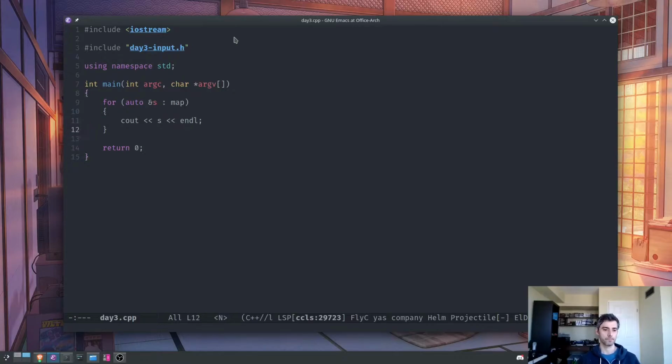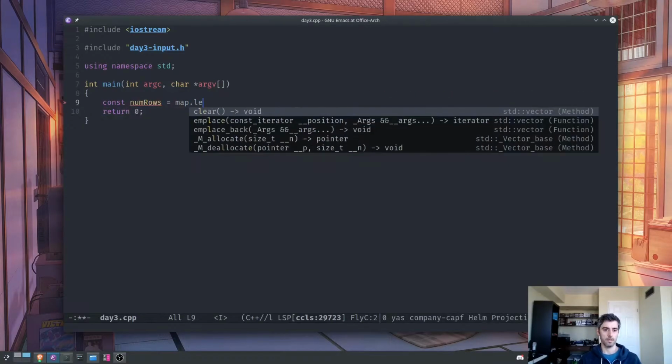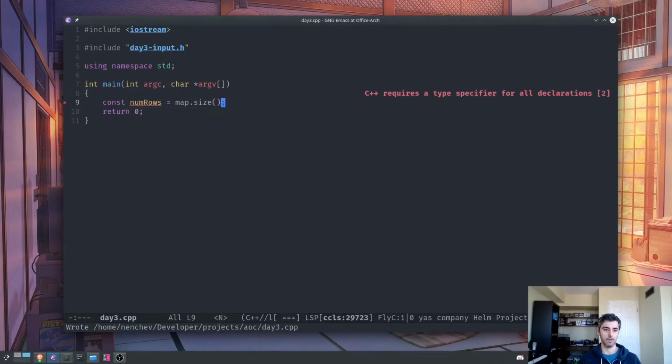Alright, so what we need to do is write an algorithm that's going to go through this map and make sure that we can keep moving down and to the right until we reach the bottom row. Okay, so number of rows, let's say num rows equal to map dot size. Okay, because we know the total size of our map